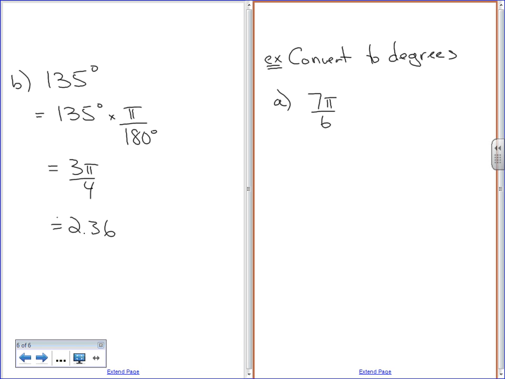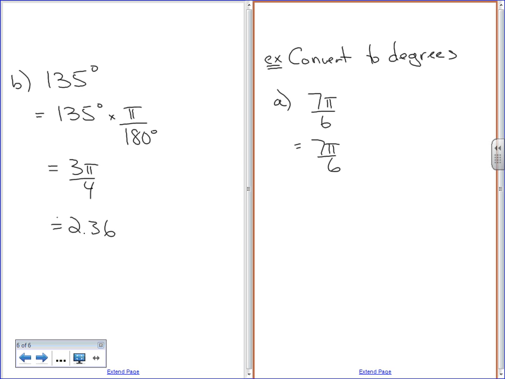So 7 pi over 6. Okay. So again, you look at that, you have really no idea, unless you're really picking up on this, what that angle size looks like. I have a general idea, but again, I've been doing mathematics for 42 years, right? So